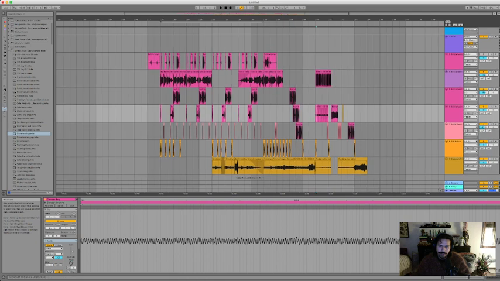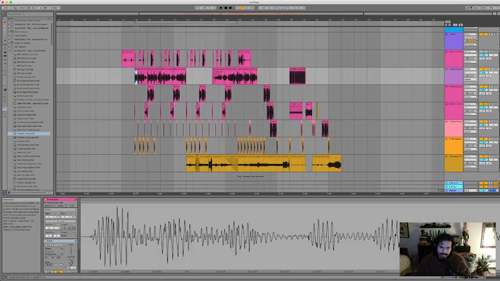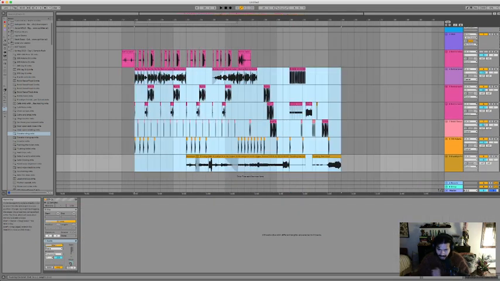So what you can do now to export it is click at the very beginning, click at the very end. You can hit Command L, so you want to put everything in the loop bars. And then if you hit Control Shift R or go to File, Export, you can export this, and you just want the rendered track to say master. File type could be AIF or WAV. I'd do AIF if you don't have a strong feeling. Then hit export and